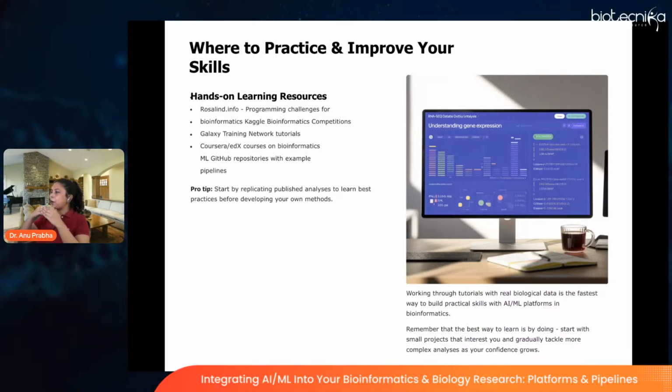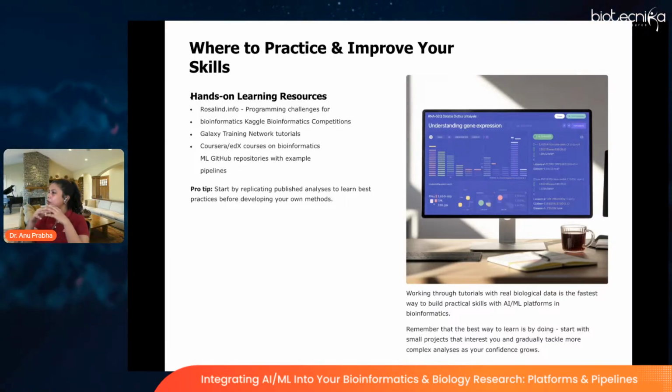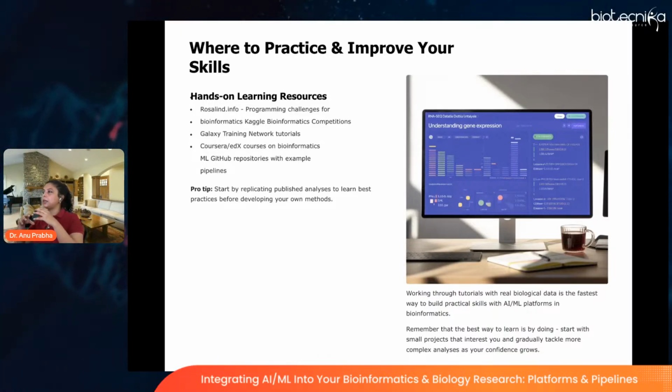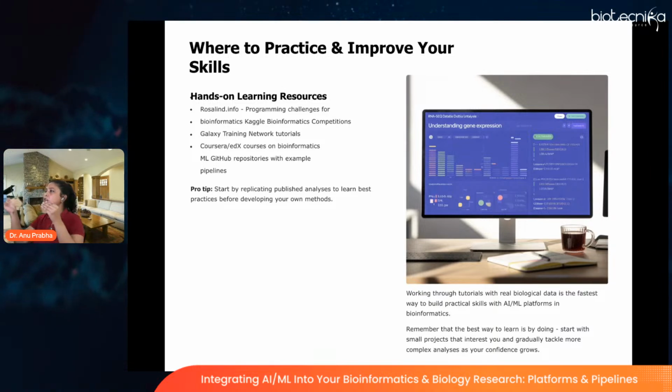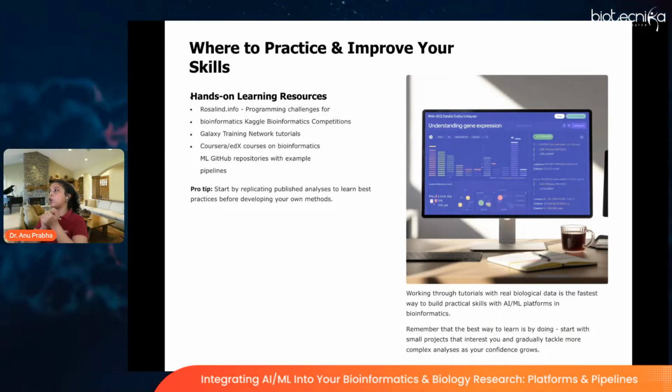Learn how to solve problems first, rather than learning how to use a tool first. Once you solve the problem, you'll get the hang of any tool, because now you know the logical steps that are important to solve a problem. And for each logical step, you can find the relevant tool, see the pros and cons, and accordingly use it depending on the problem that you are working through.